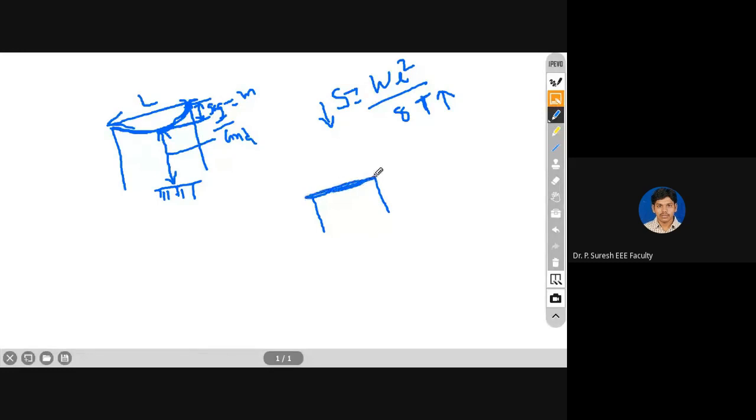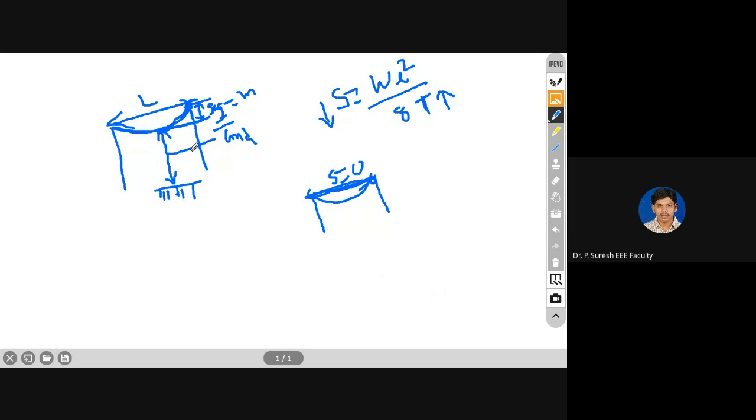So this is while tightly connecting the conductor between the two towers. If I am tightly connecting the conductor between the two towers, what is the sag value? Zero, sir. Sag is zero. So what about tension? It will easily break down at any one of the corners or sides. Why? Because these are more tension points, end points. So that's why we need to keep minimum sag between the two towers. Then only your conductor will withstand between the two towers. So that is the necessity of sag.